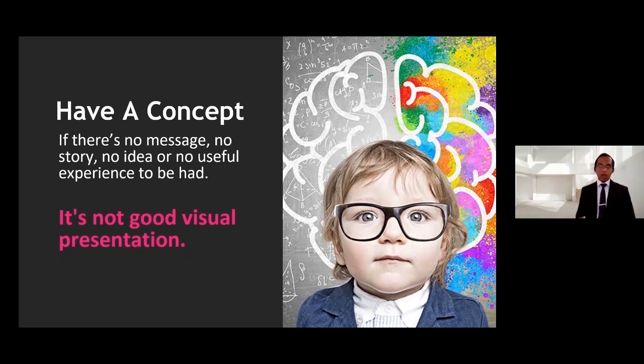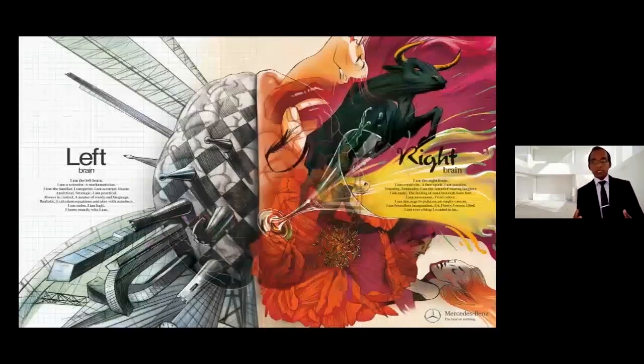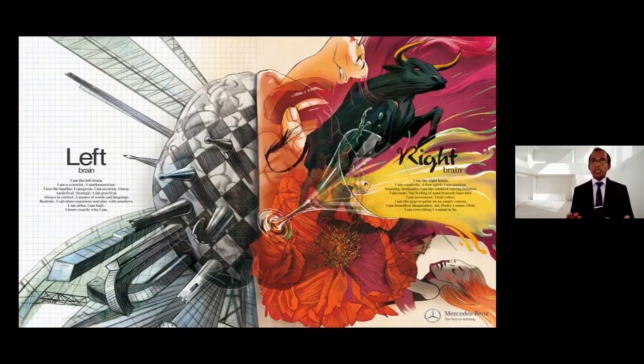Let's see some examples of how designers are using design elements effectively in the concept. This is an advertisement, but I'm not talking about the advertisement. I'm talking about how the designer is using shape, line and colors to present a message. The left brain and right brain in humans function differently. On the left side, you are looking at basic lines and basic shapes. You can see black and white structural lines, architecture and a chessboard arranged on the left side. Then you can understand what the left brain is in visual form.